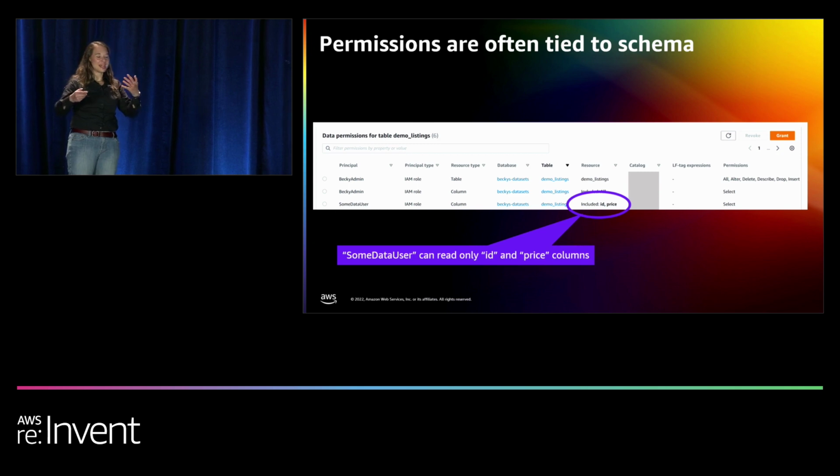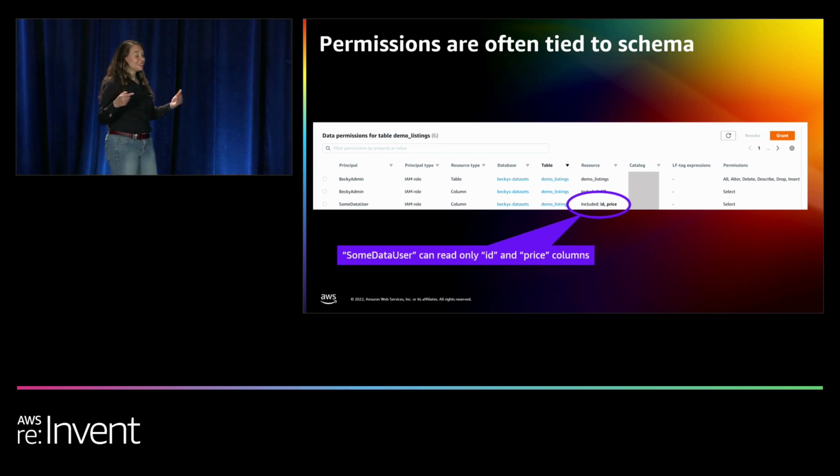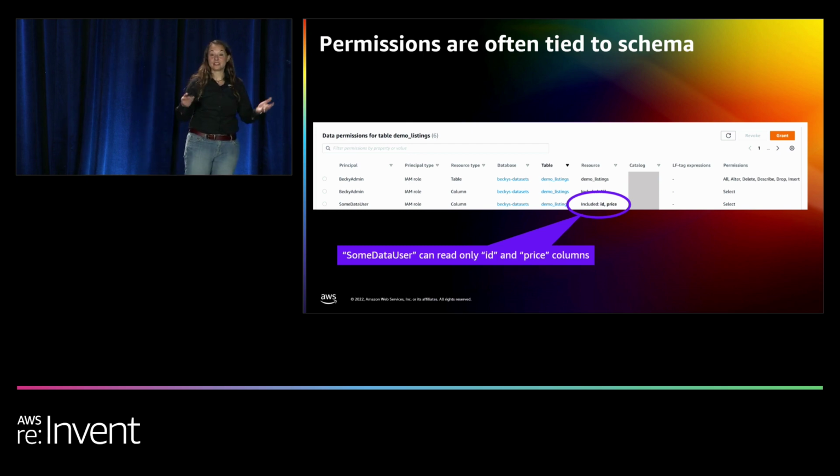Lake Formation is kind of a sibling service to the Glue data catalog. And it lets me do a bunch of grants. These are grants that you might recognize, for example, the kind of grants you would make on a database. Grant select, grant insert. And the interesting thing about this is Lake Formation can give me column level, even row level, cell level